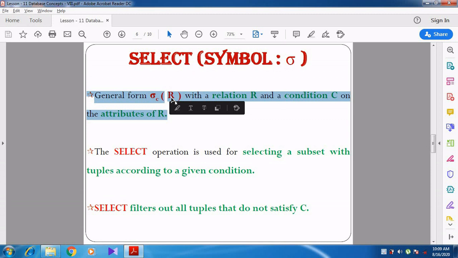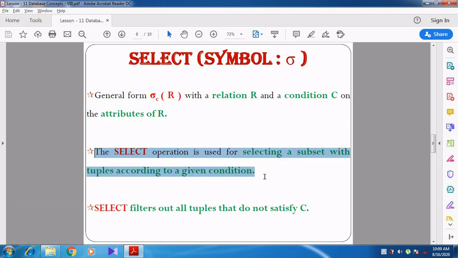A table is otherwise called a relation. See here, with a relation R and a condition C on the attributes of R. On the attributes means on the columns of the table.